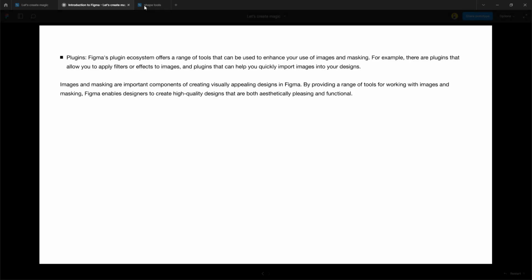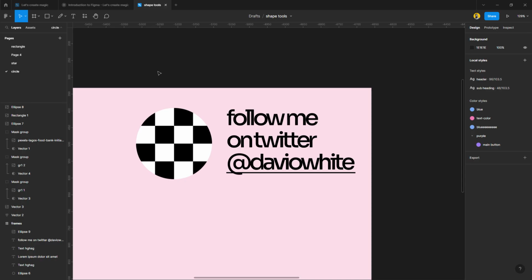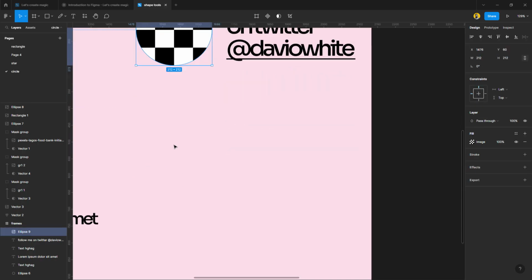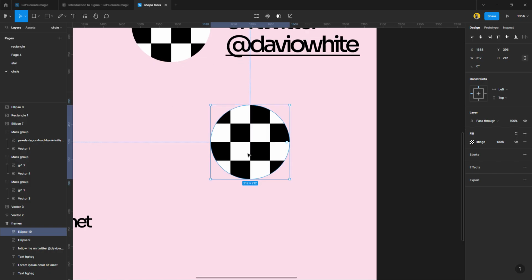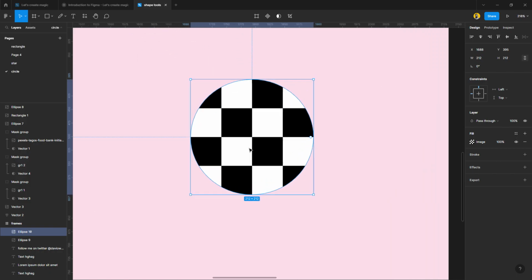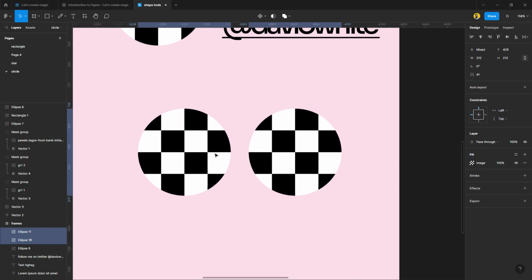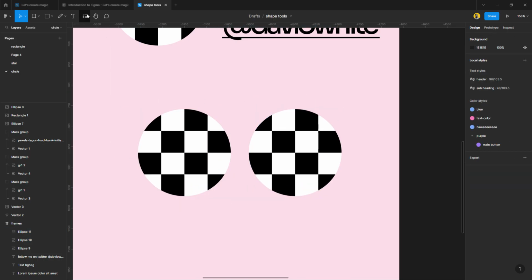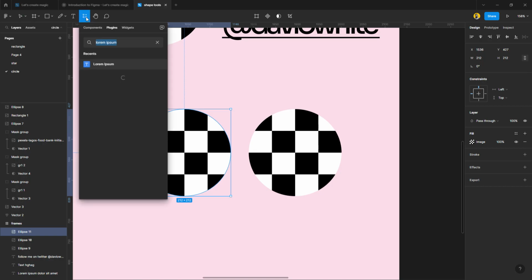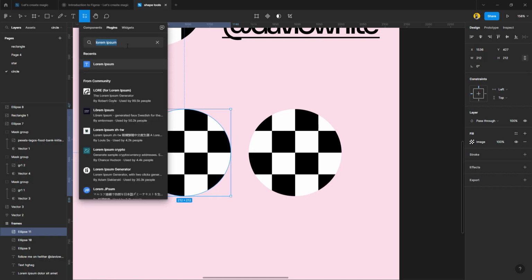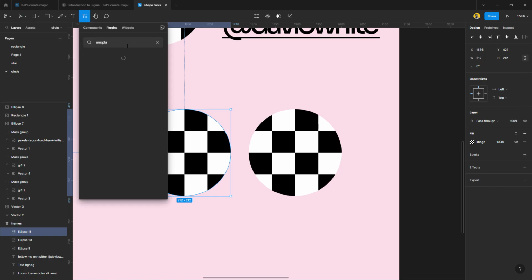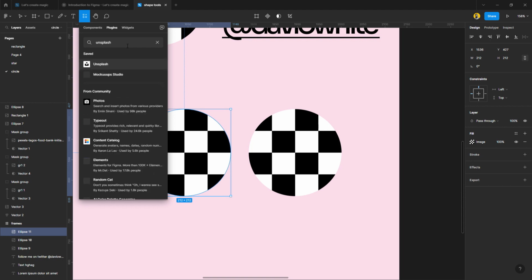Let's take a look at the last one. So there's a shape, there's an image tool. If I duplicate this circle here, there's an image tool that can enable you to bring images into your design. So I'll duplicate this twice. You can select one, go up here. The plugin is called Unsplash, and it also has a website. The website is